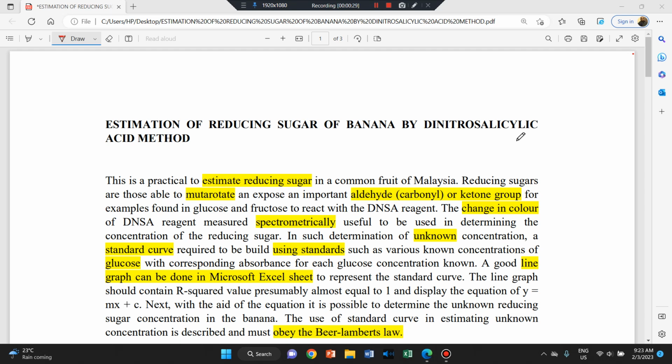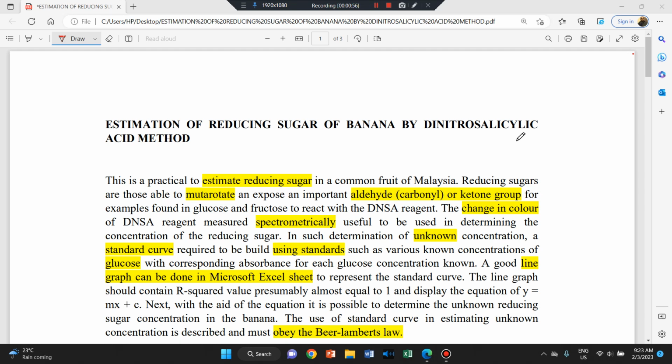You will be required to do an experiment where you will rupture the cell and expose its reducing sugar in a banana. We will choose two types of banana, and we will treat it and expose the content of the cell. We should have a lot of carbohydrate among other things, and some of these carbohydrates could be reducing